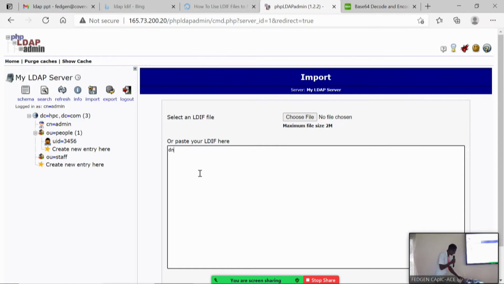So DN, we're adding a user under, do we say, okay, let's put it under staff. Okay, no, I'll put it under here. Then all of you will continue with the staff. Let's do another one under people. So OU and UID equals,